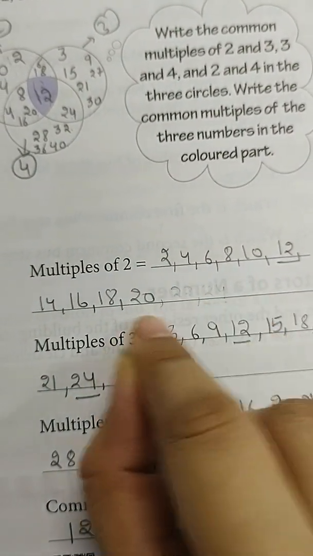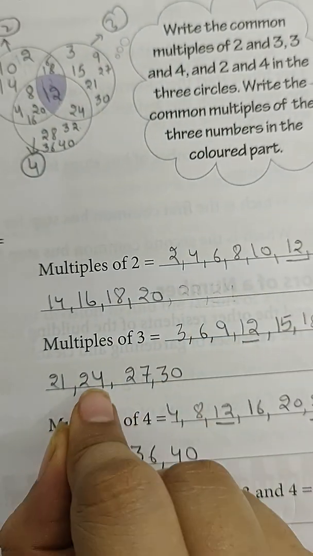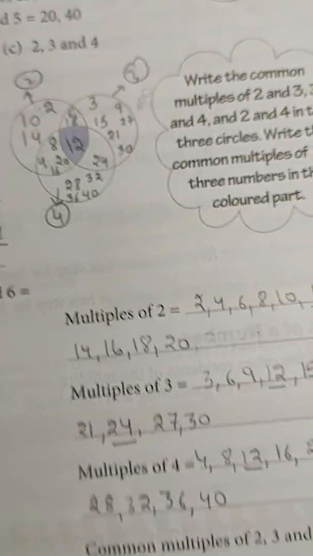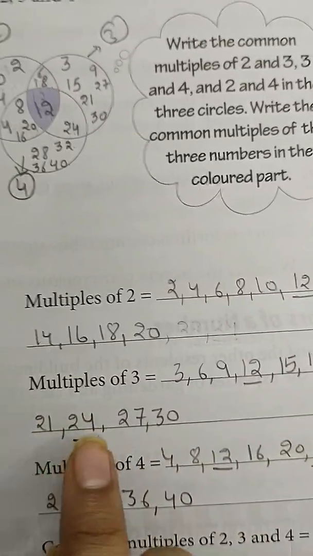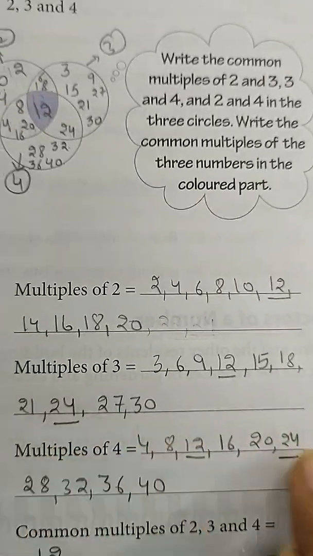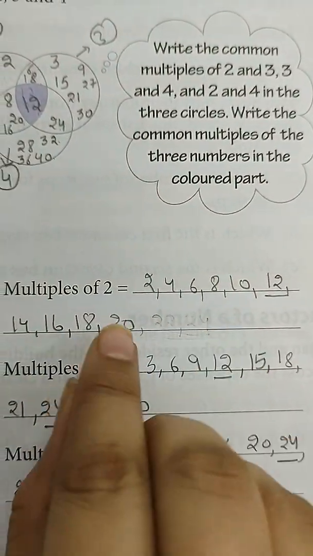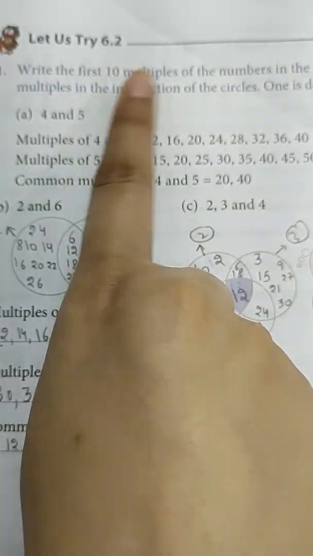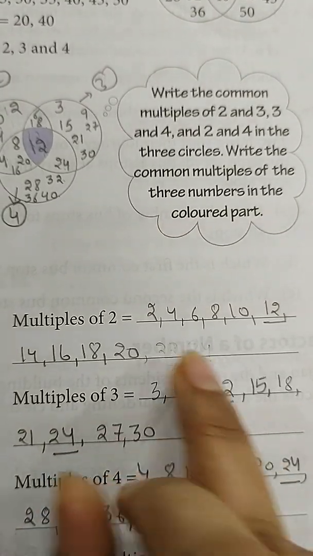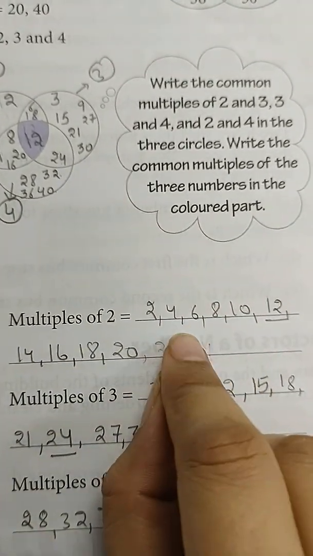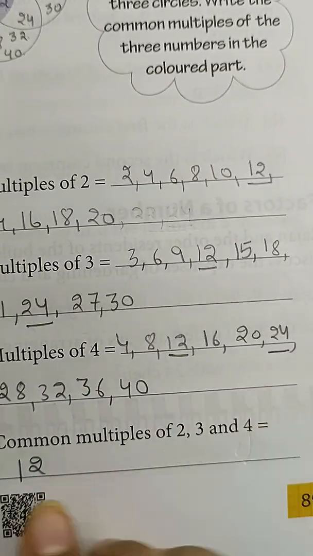Here you do not have it, but if I extend this number to 22 and 24, I can have one more common multiple, that is 24. But I just want to show you that when you have to find the common multiples, this 24 number is also the same, but it is not here because they have told us to find only the first 10 multiples. So that's why I am just leaving that. I have underlined that we do not have it here. Okay, if we had written till 24, then it would be right. So the common multiple of 2, 3, 4 is 12 only.